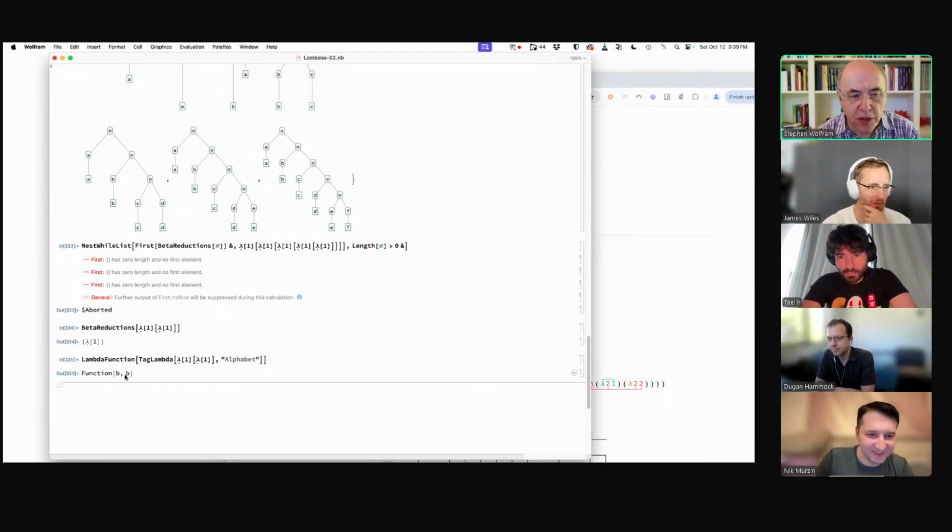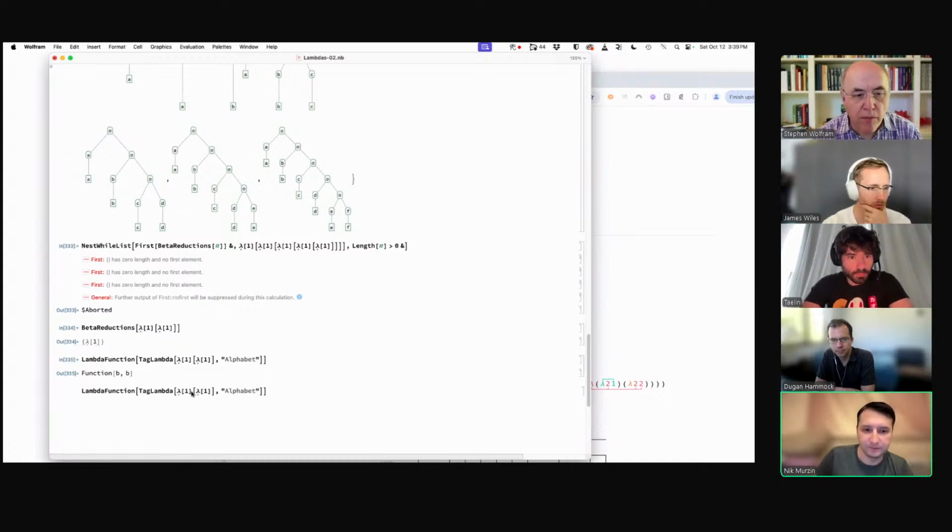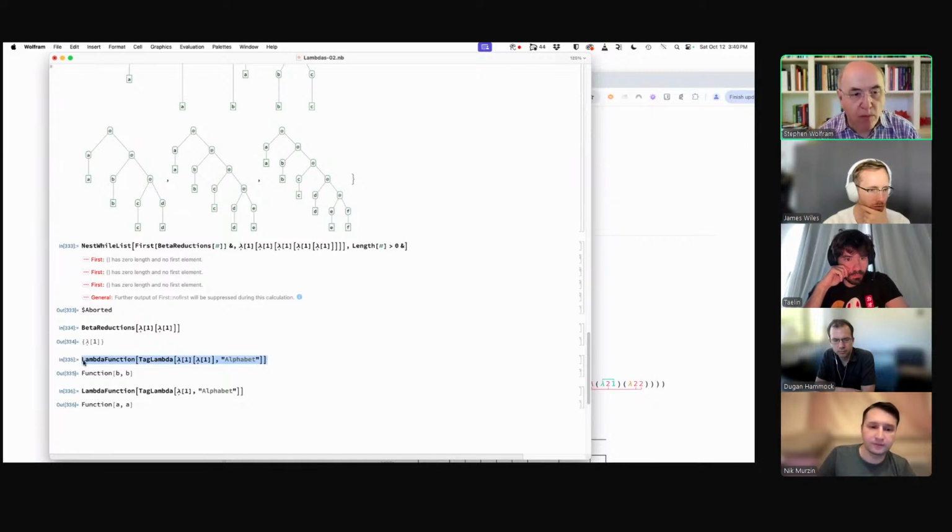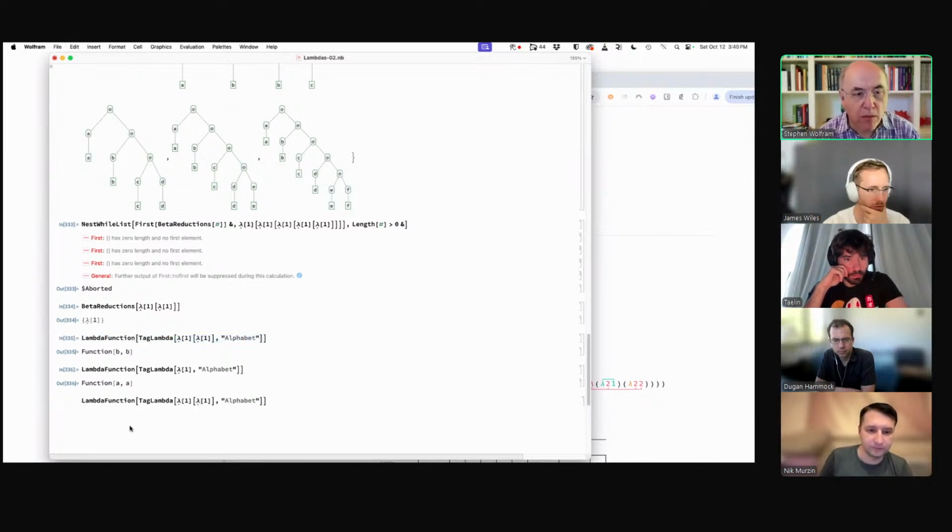No, I understand that. But I'm saying, if I now do beta reductions of this, actually, it's just returning results. Yeah. That's very uninteresting. So if I were to nest another level here, another level of lambda,